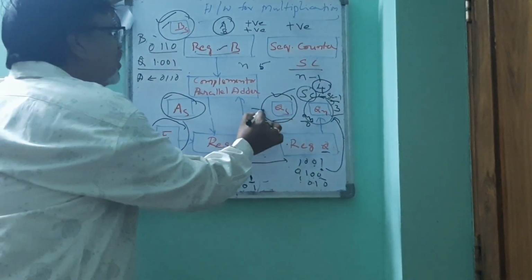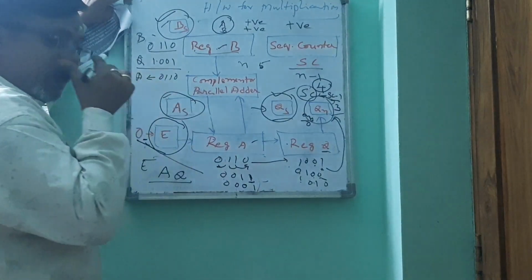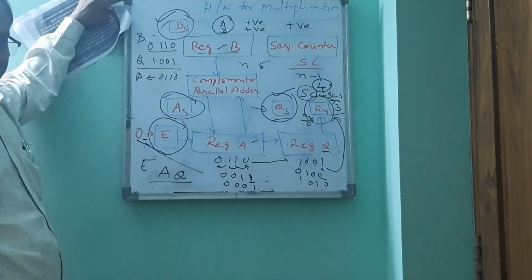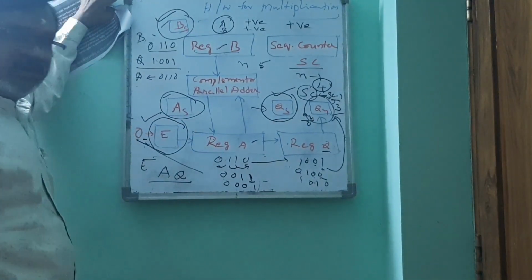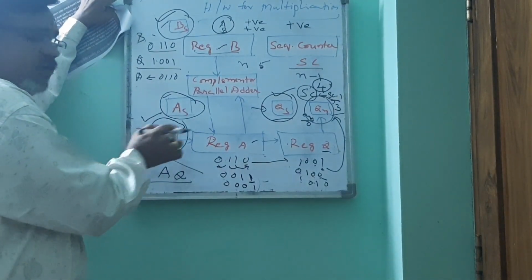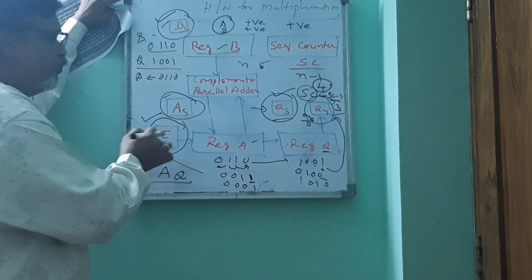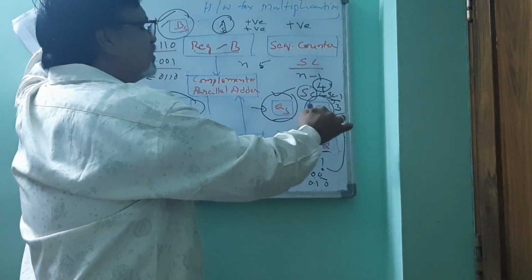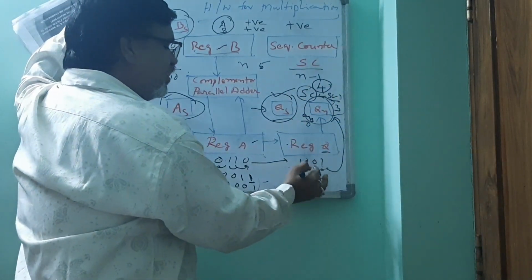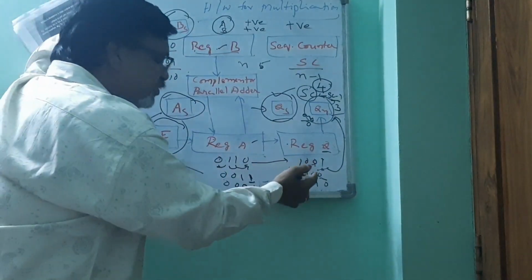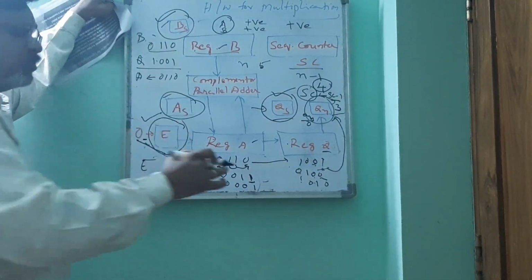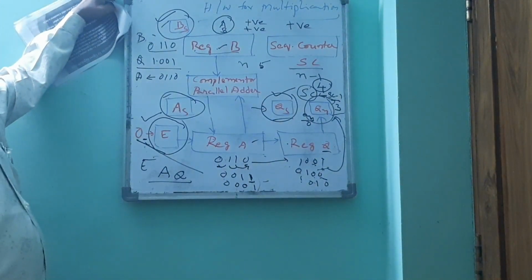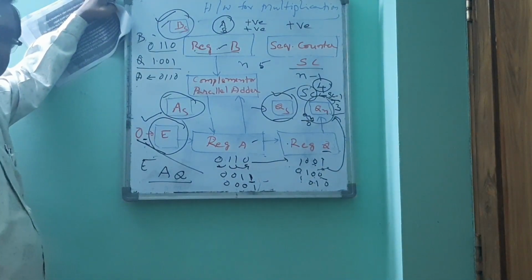So the third flip-flop is also used to store the sign bit of the multiplier, because the value of A as it is will be moved to Q. And the fifth flip-flop is to store the extension bit that is going to be positioned to the value of the register every time. And this Qn, the least significant bit, is to check whether it is 1 or 0. If it is 1, addition will be done. If it is 0, no addition will be done. For that purpose, to check this bit, we will use this flip-flop. These are the 5 single-bit flip-flop registers we need for performing the multiplication algorithm.